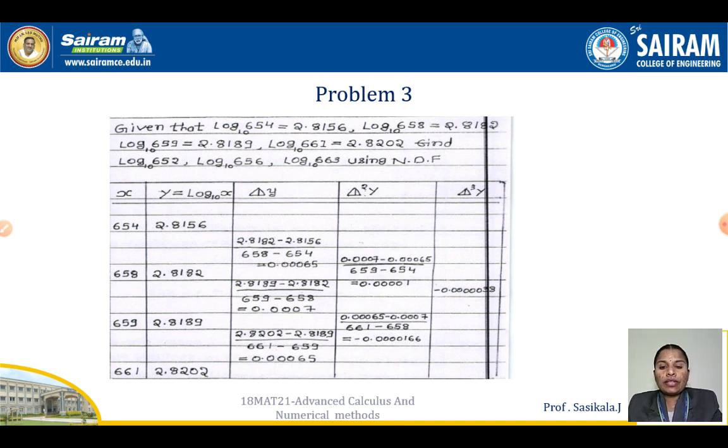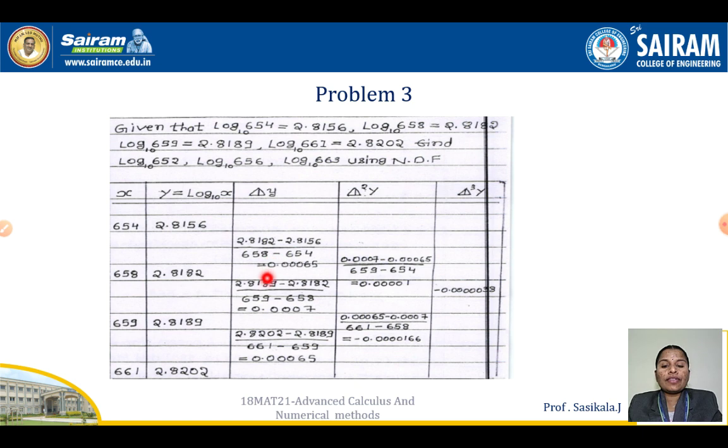Then as usual, since we have learned in two problems, same way you can find a divided difference column. For the first one, y1 minus y0 by x1 minus x0. The next one I'll get y2 minus y1 by x2 minus x1. Similar for the third one. Then it's coming here.